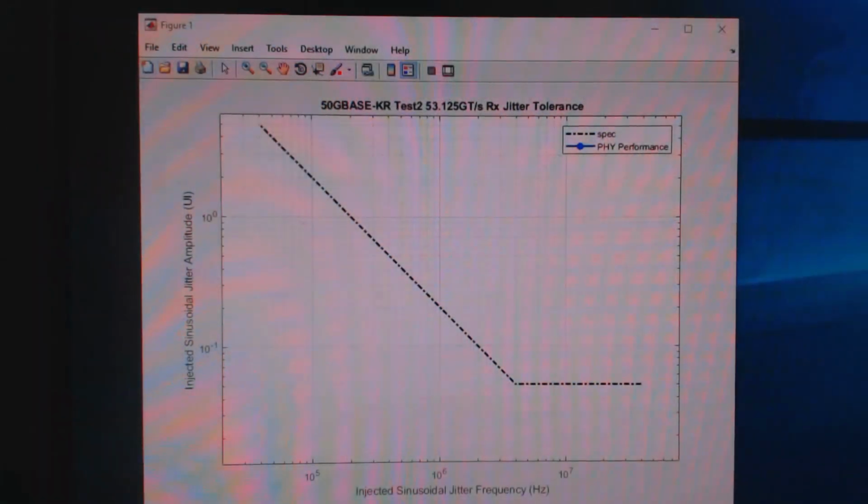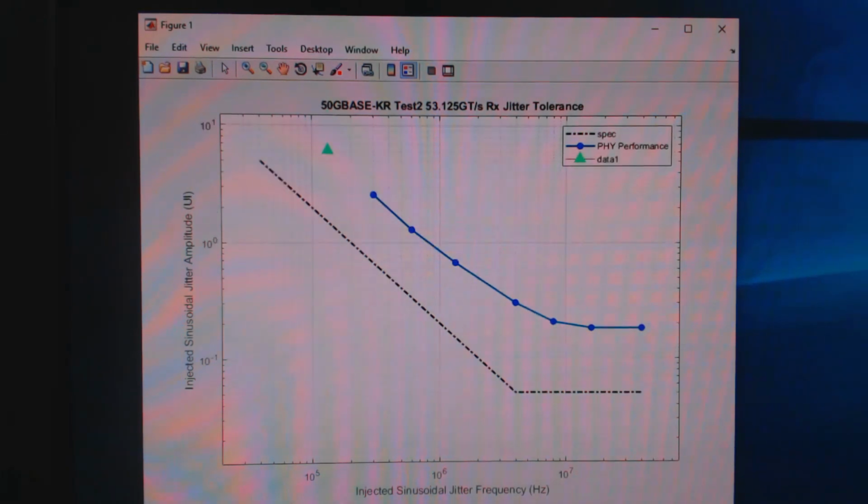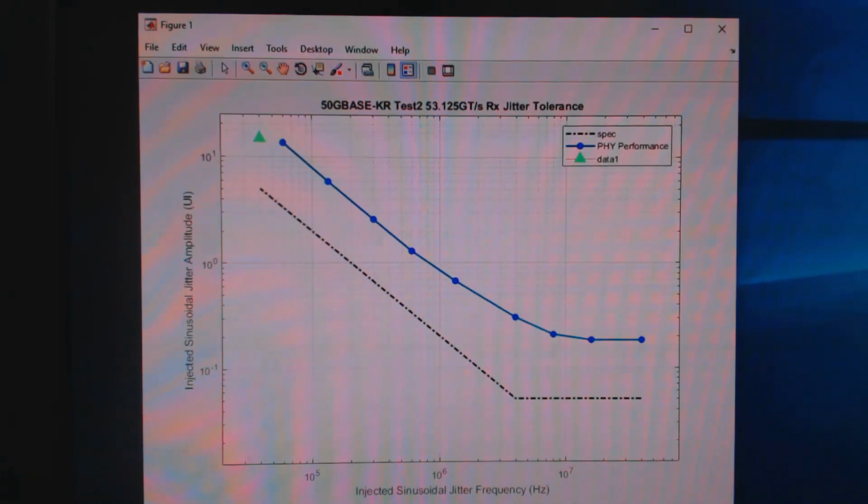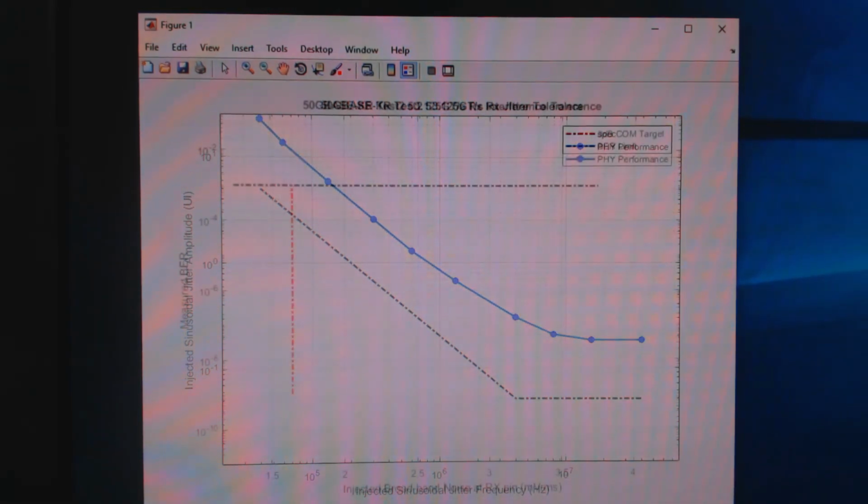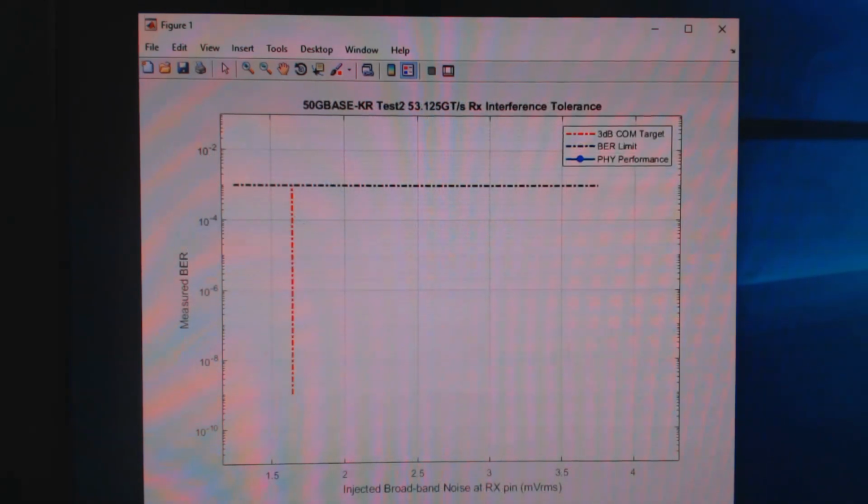The 802.3cd jitter tolerance spec compliance mask is shown in black. Sinusoidal jitter is injected on the test signal at different frequencies and swept in amplitudes. Each test point is shown in green and the amplitude is swept up until the target bit error rate is achieved. The resulting jitter tolerance performance curve is well above the specification compliance mask across all frequencies of the injected sinusoidal jitter.